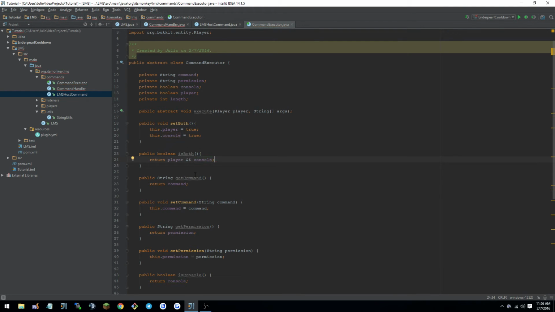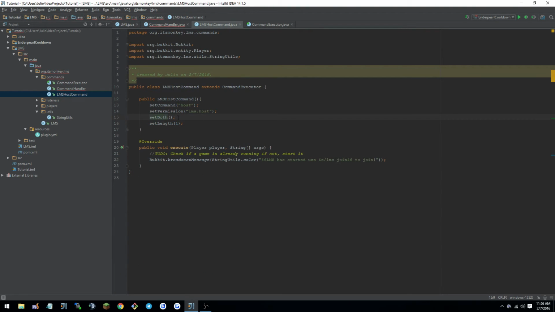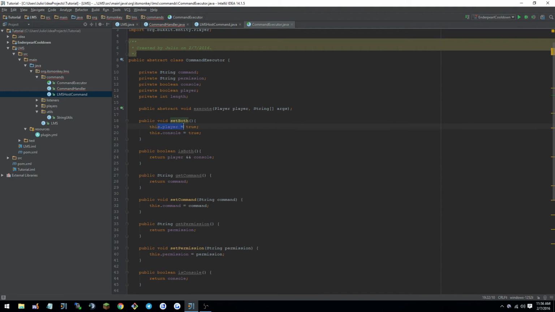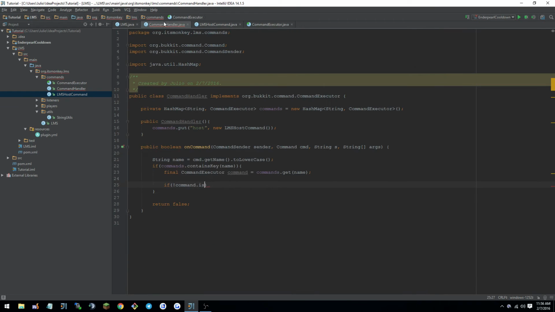So this will only be true if both the player is true and the console is true. And when we use our setBoth method, that's what happens. We set player true and console true. So this will return true for our host command. If not command.isBoth, which for host it is, but we're going to have other commands that are not going to be both. And inside here you can check if